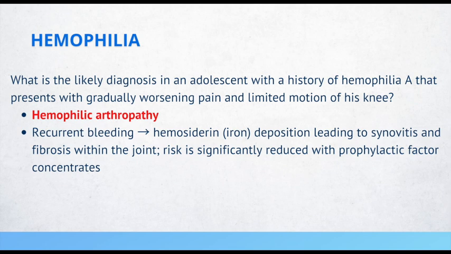Hemophilic arthropathy. Patients can have recurrent bleeding, which leads to hemosiderin or iron deposition, leading to synovitis and fibrosis within the joint. The risk is significantly reduced with prophylactic factor concentrates. Some bonus points on hemophilia is that